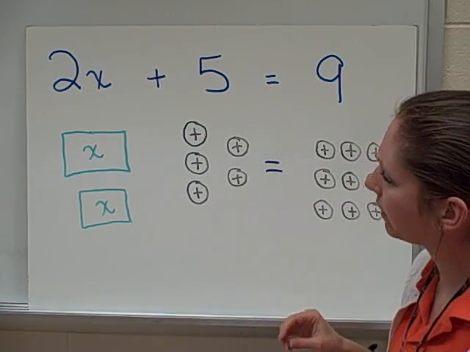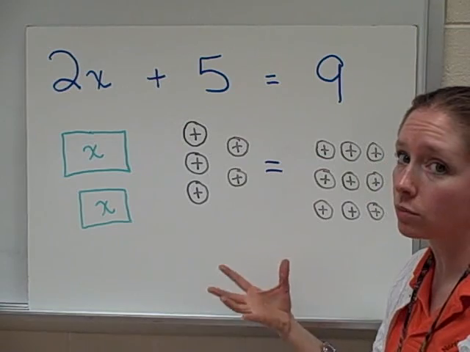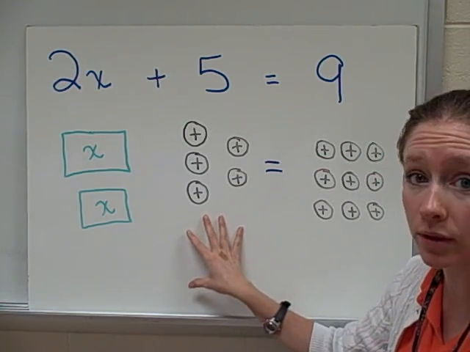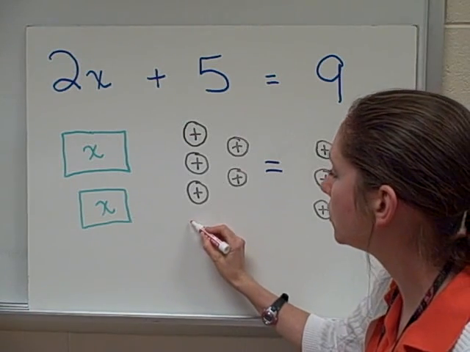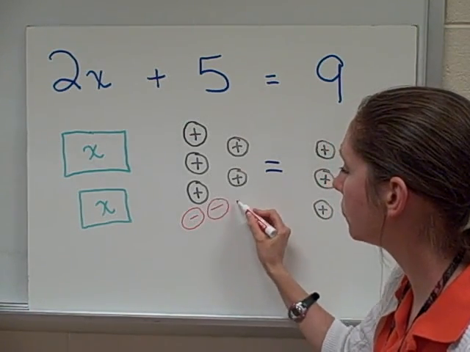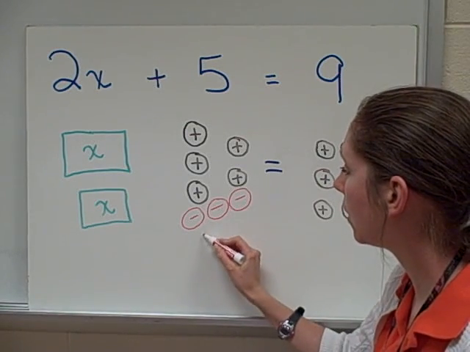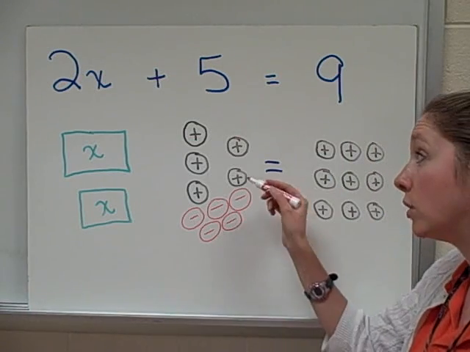Well, I know that if I have 5 black chips, the only way to cancel them out is to add 5 red chips. Remember, those are our zero pairs. So if I add 5 red chips on this side of equals,